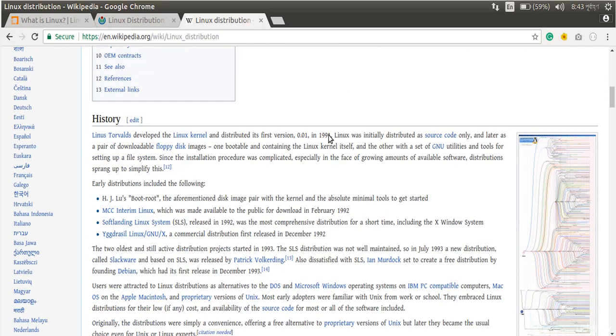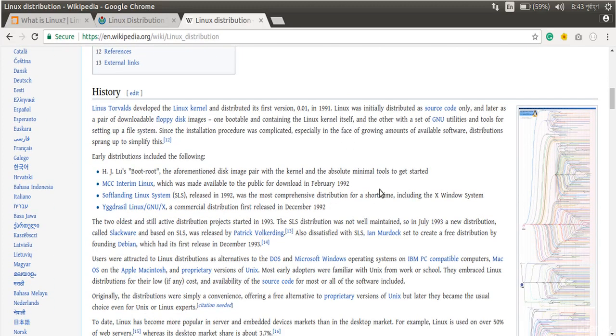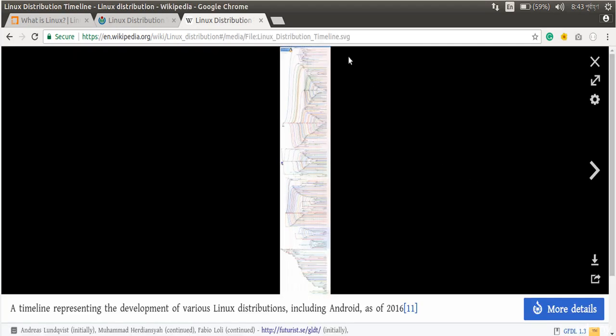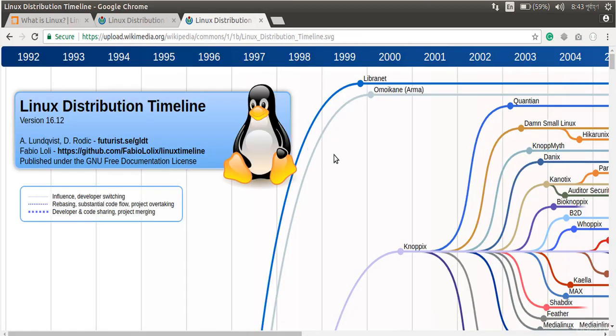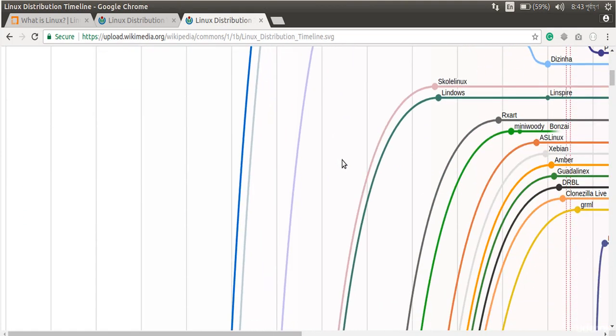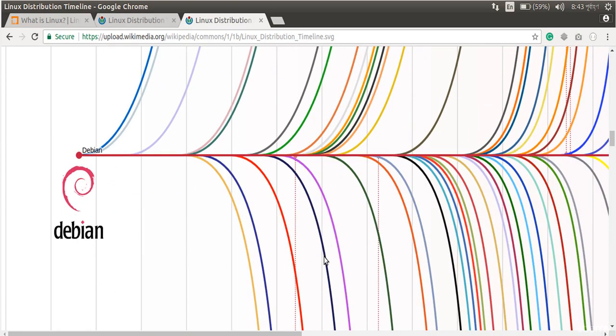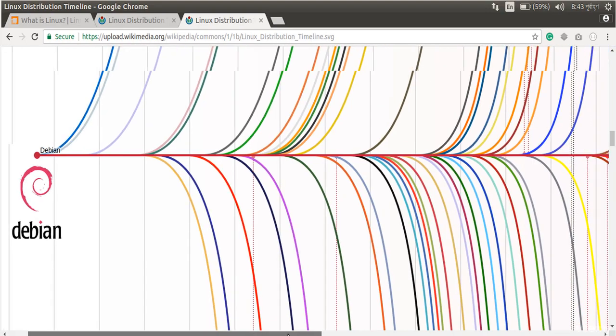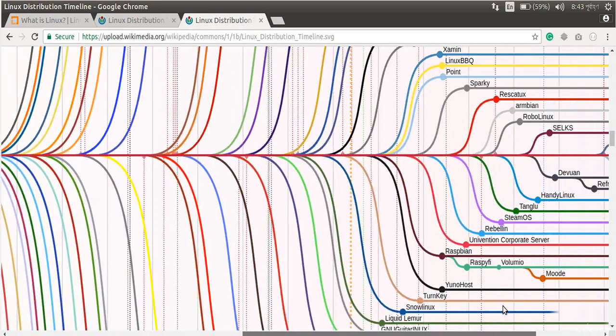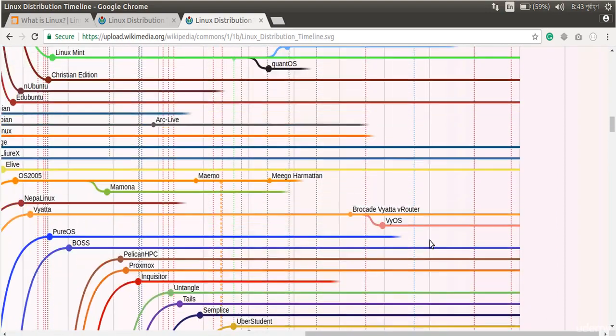Then go down in the history, you will see this picture. This is probably an image, I guess. Oh, this is an .svg file. And open it. Welcome to the whole bunch of list of Linux distributions. This is like an ocean that never ends.